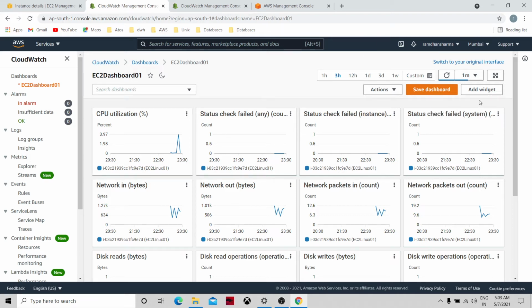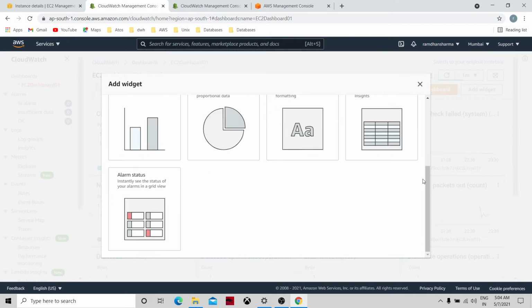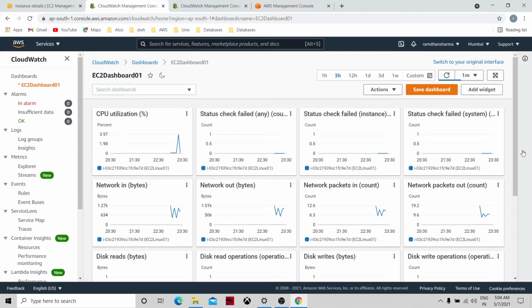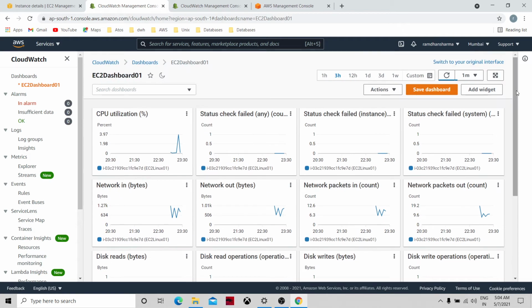You can add any other widget, like a pie chart, bar chart, text, or just a number. This is how we can watch any instance. We have taken the example of an EC2 instance on a Linux machine. Similarly, you can create other dashboards as well.